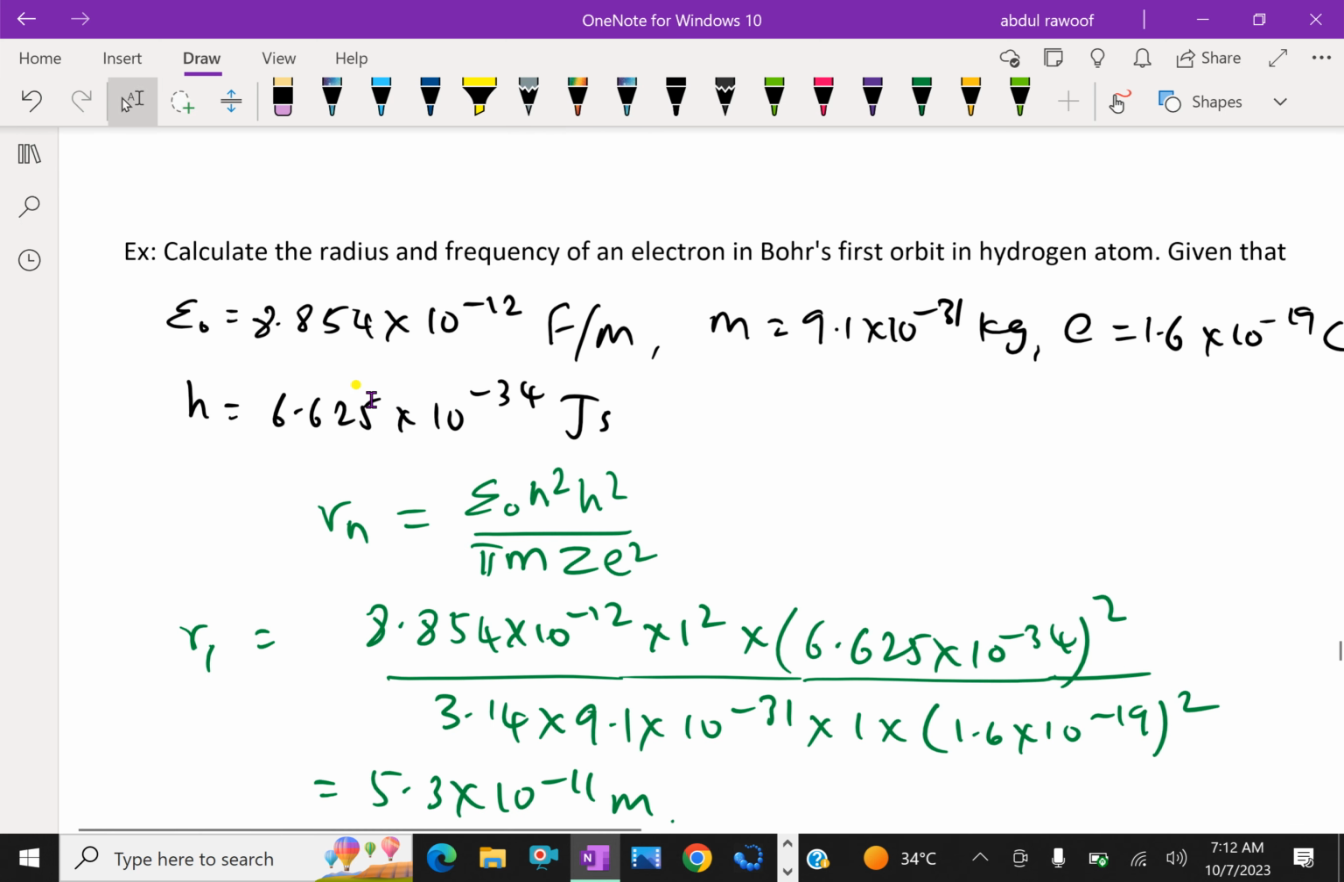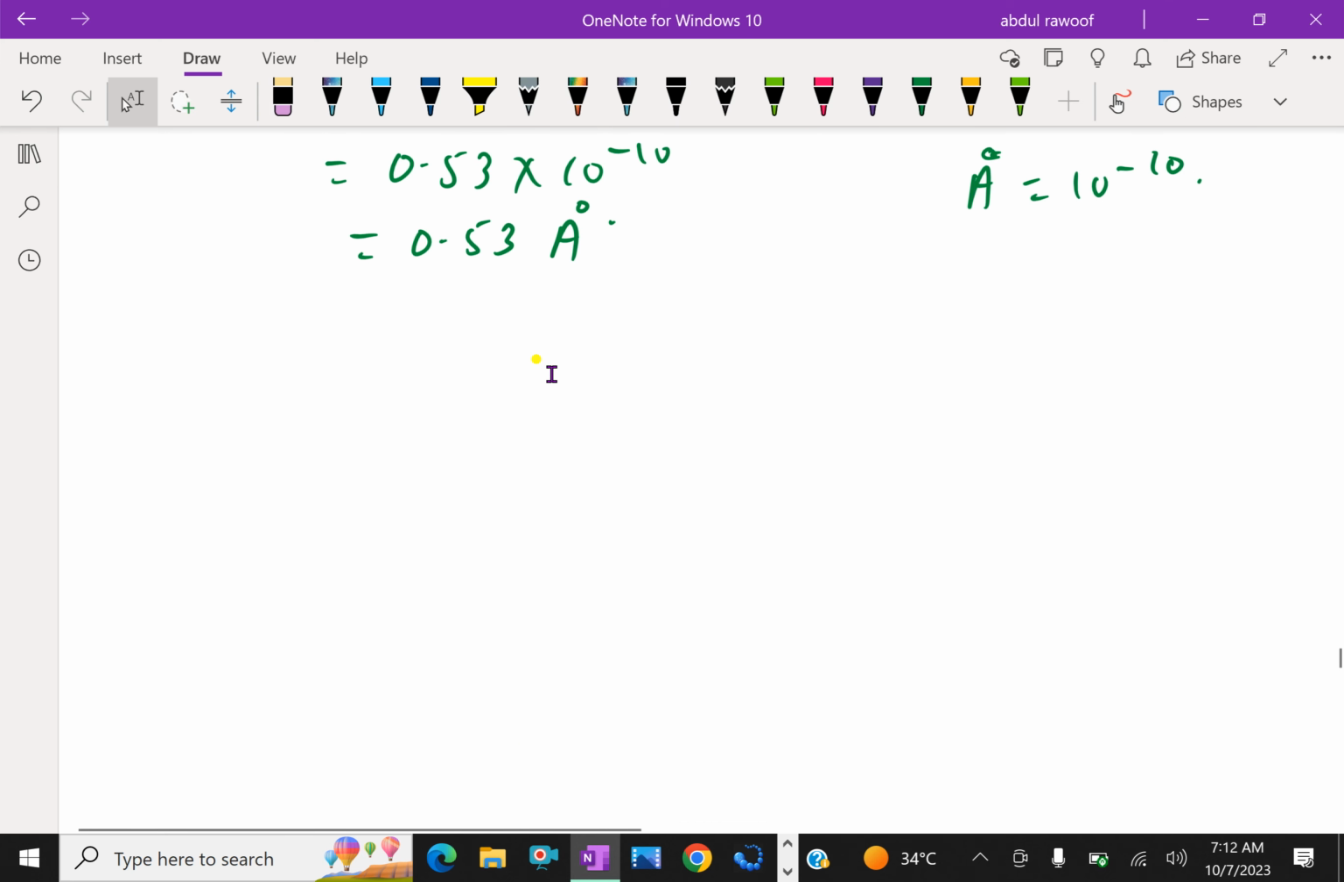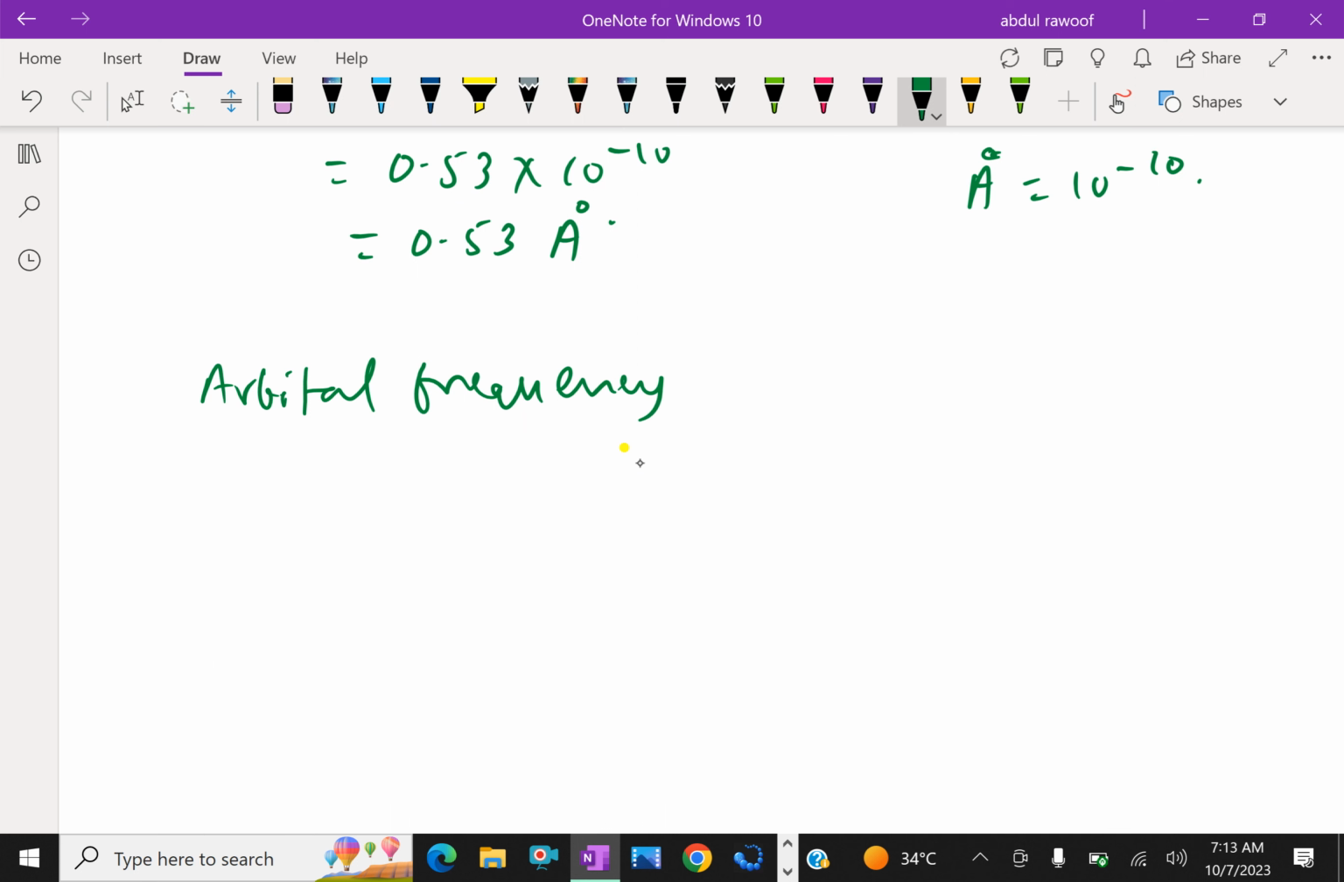Now next, orbital frequency. Orbital frequency formula, that is v equal to m z square e power 4 over 4 pi epsilon 0 square n cube h cube equal